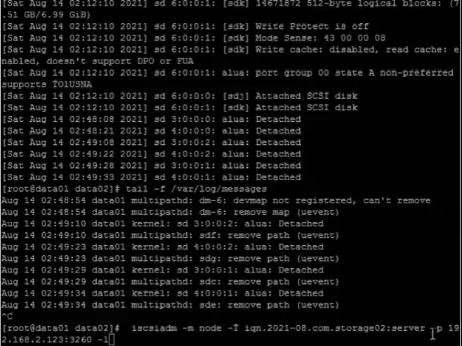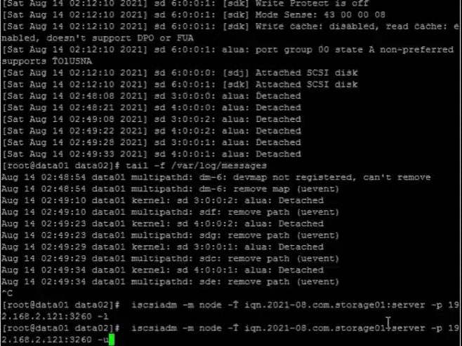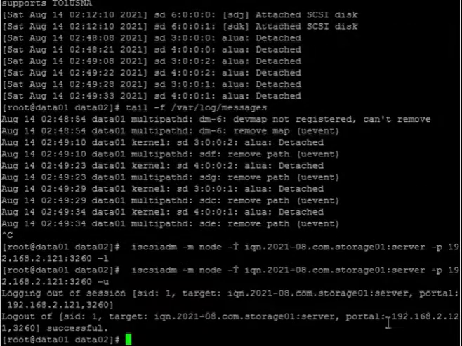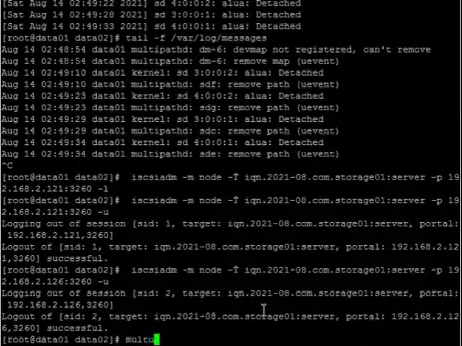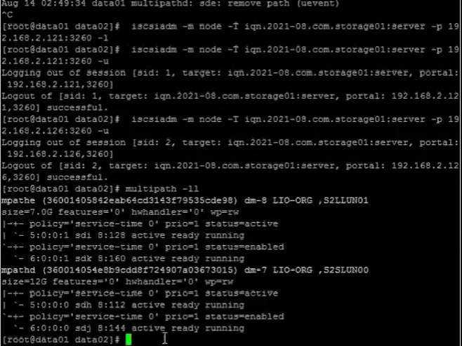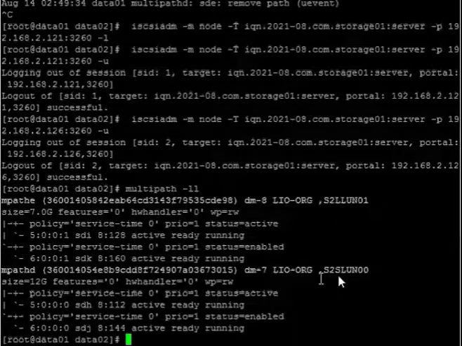Now we will log out from target storage 01. Now let's do the multipath -ll command. Now you can see only the two disks, both the disks are from S2, that means storage 2. The storage 1 disk has been removed from the system.